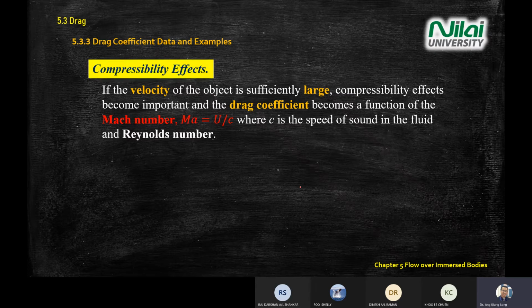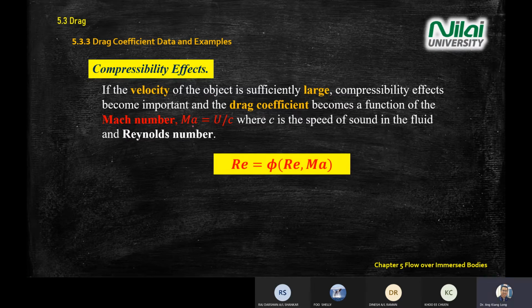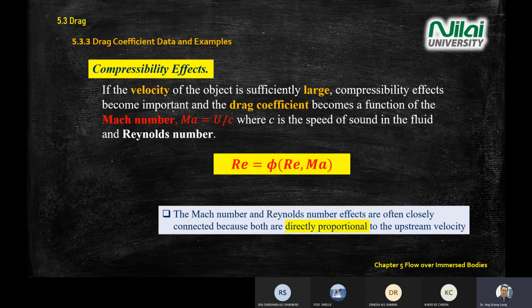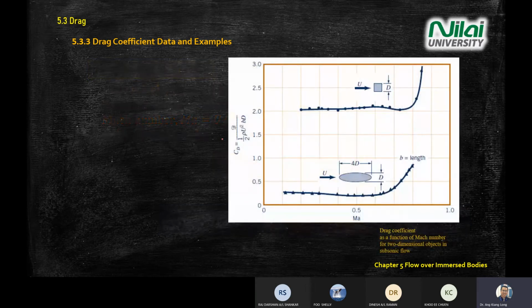Another one is compressibility effect, meaning how do we know that we are looking at a compressibility effect? If your Mach number is more than 0.3, then you're having a compressibility effect. So if you look at this diagram,